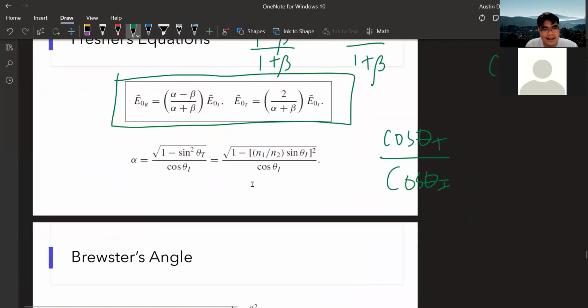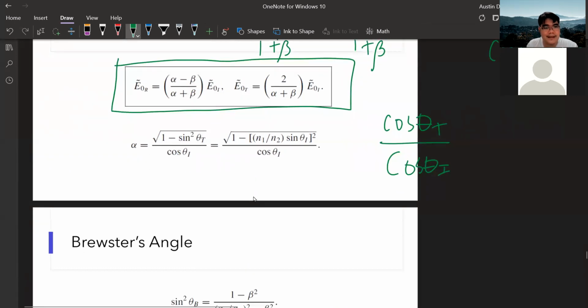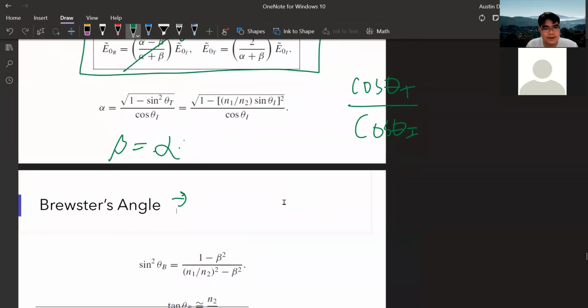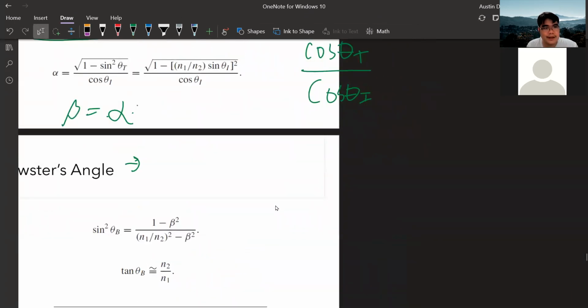However, a special thing occurs when beta is actually equal to alpha. And what happens to this is that yung wala kang nare-reflect, there is nothing to be reflected dahil beta is equal to alpha. And what happens is that makukuha mo yung Brewster's angle. So yung Brewster's angle is yung lahat ng incident mo would be transmitted onto the surface. Okay, so walang nare-reflect amazingly. So how do we do that? You can write this down as